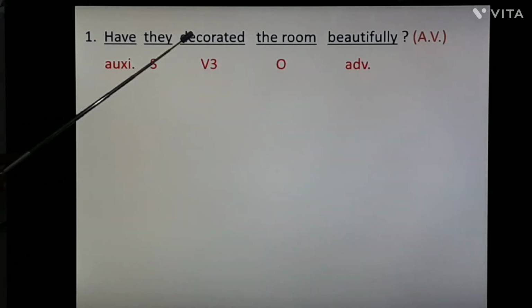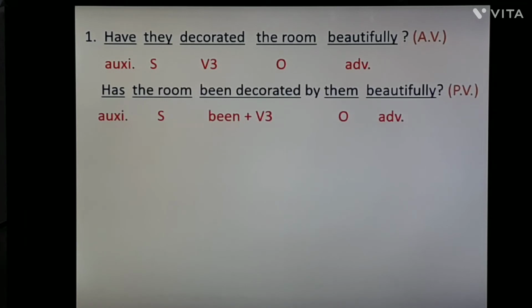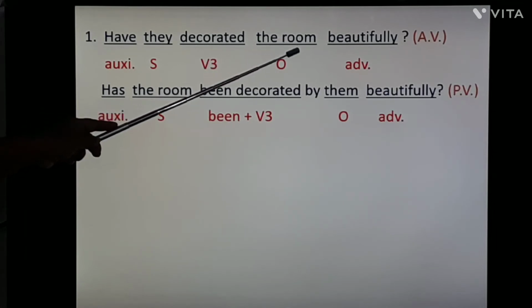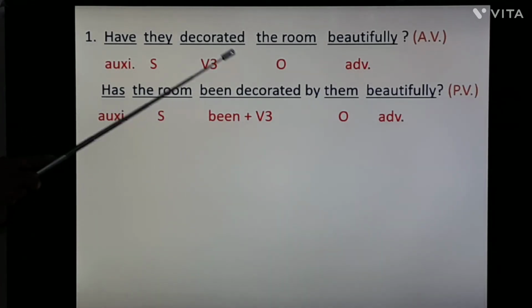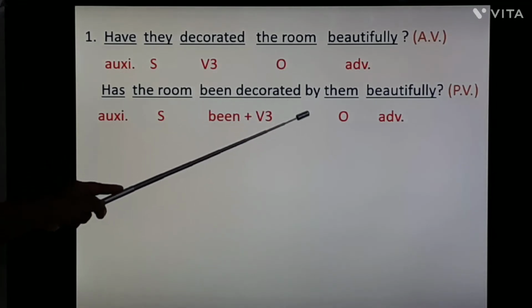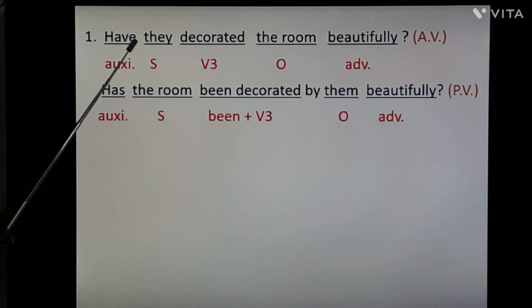Now we will see how to turn this active to passive. Now see, first of all, object, the room. So according to the room, you have to put the appropriate auxiliary verb or helping verb. So here has will come. Has the room. After that you have to put been, then V3 form, then add by, then they becomes them